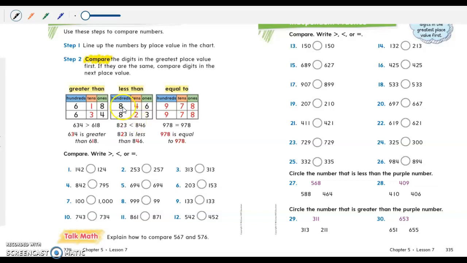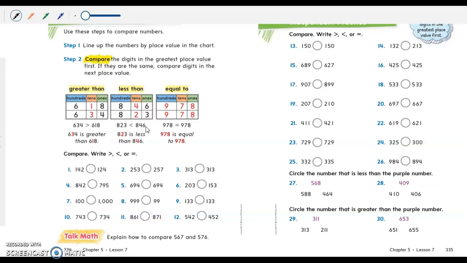Okay, so we're starting off with the numbers. We put the numbers in the place value chart, and then we look at the hundreds first, since that's the largest place value. That place value shows the 8s are the same. Now we move to the tens place, and we see that the 4 in 846 is larger than the 2 in 842. So that means 823 is less than